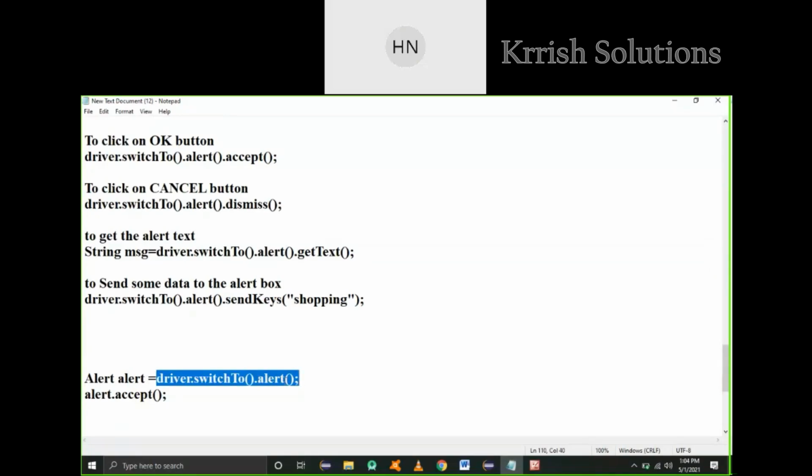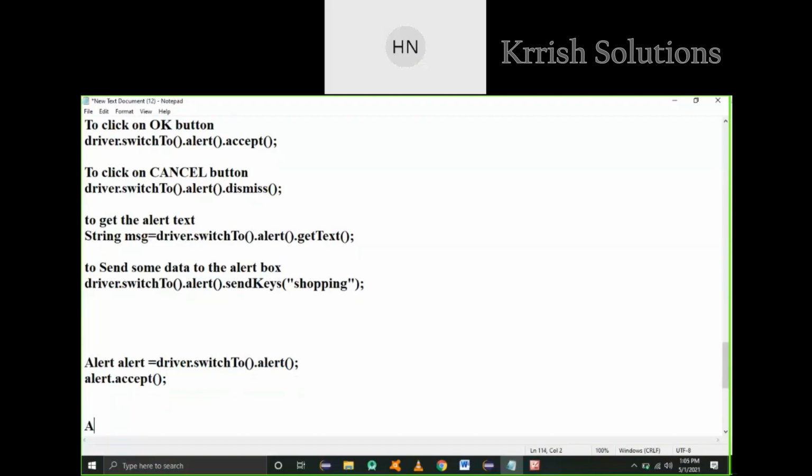Driver dot switch to dot alert will return the alert object only. Whenever you are creating an action class object, you will write action equal to new of action. So that is different. Action class.